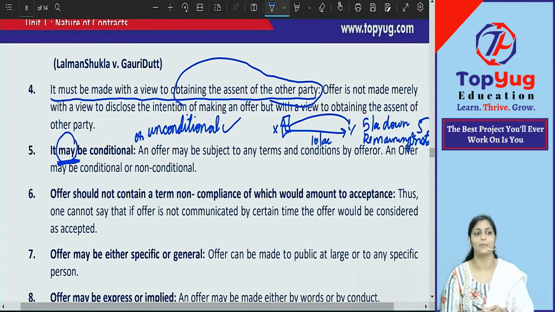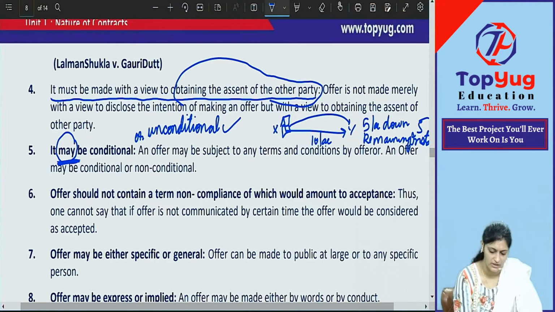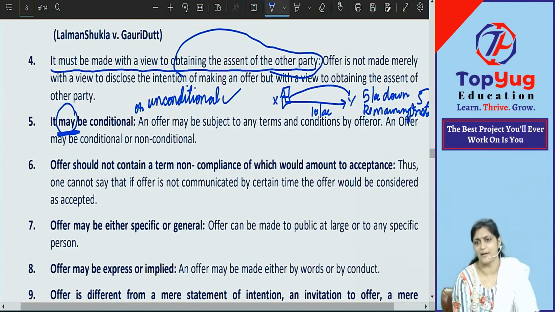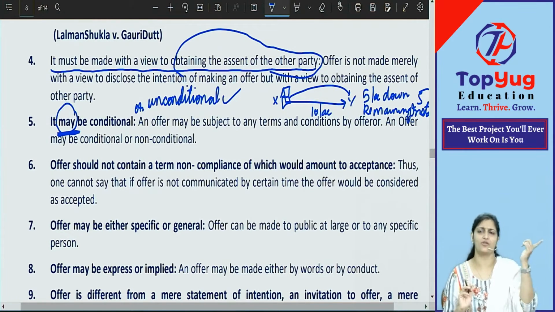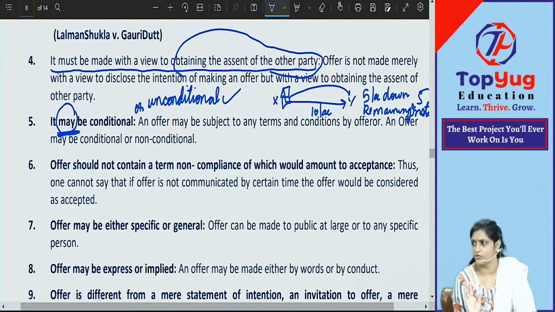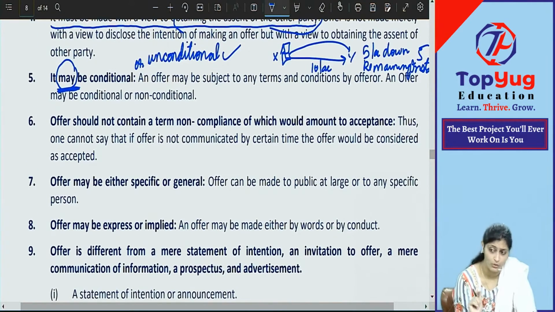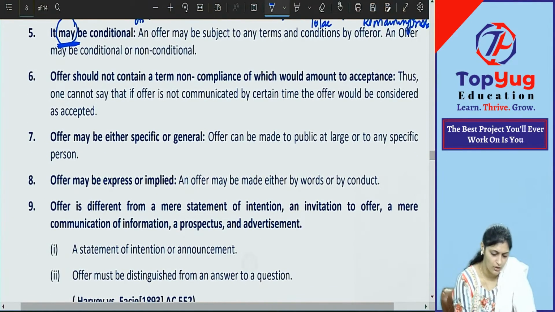So it is not going to be easy. Please revise properly. Law is not very simple. Okay, it will be very confusing. That is the reason I am giving you many examples so that you can understand everything properly. And where there is correlation to be made, I am making those correlations also so that it goes to your mind. But if you don't revise today, next time you will forget. Okay, there was conditional offer, there was unconditional acceptance. No, we don't remember anything. Likewise, you will say. You'll get confused. That is very normal in law. Please make sure. I am warning you many times about this. Afterwards, you'll regret that you did not listen to my words.